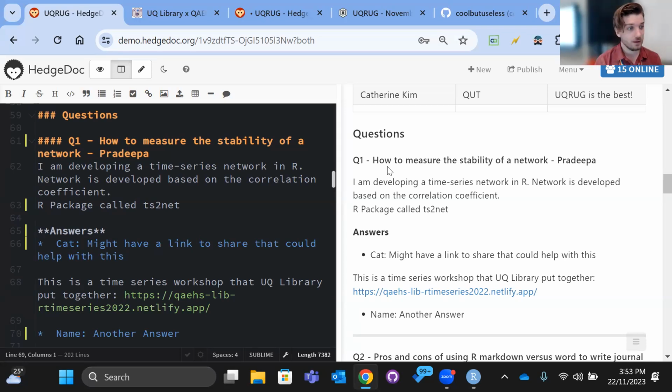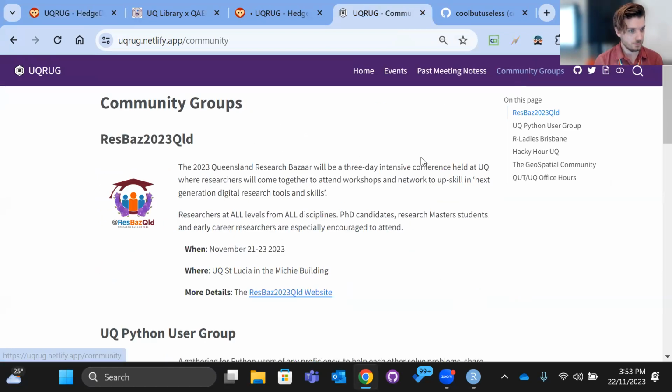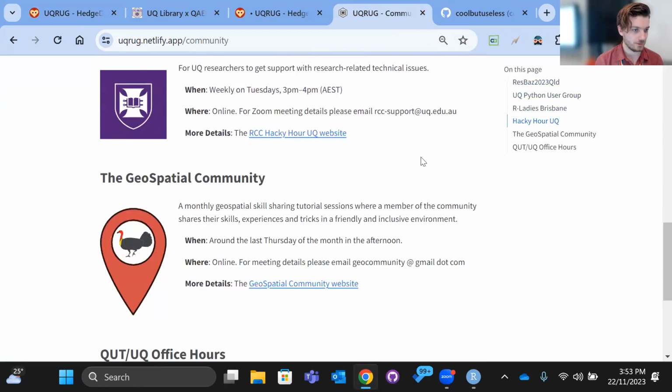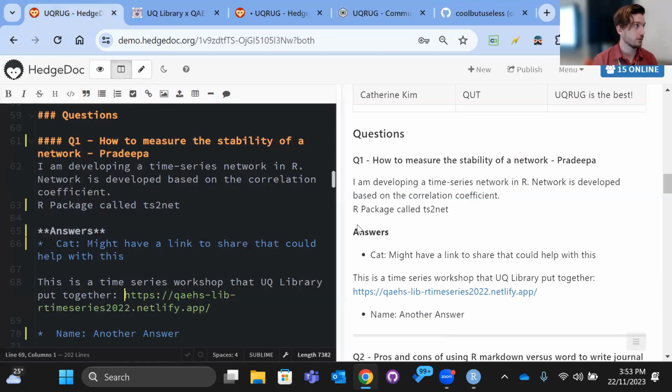The other potential thought that I had, and I don't know if they'll be able to answer this, is the ADO, the Australian Digital Observatory people, who work with things that are network related. If we don't find something or Kat's thing doesn't lead there, that might be an option.